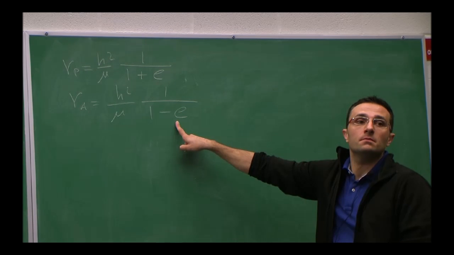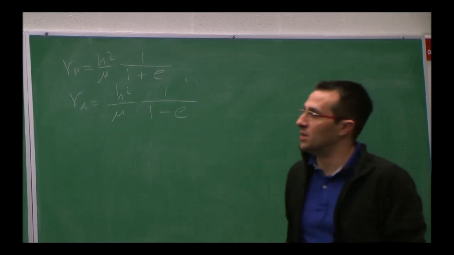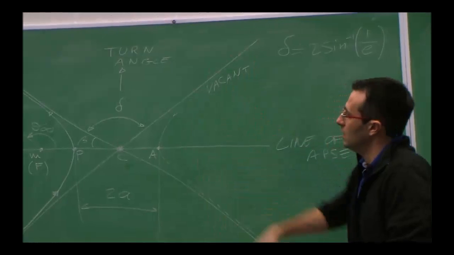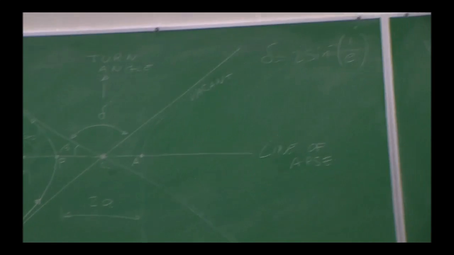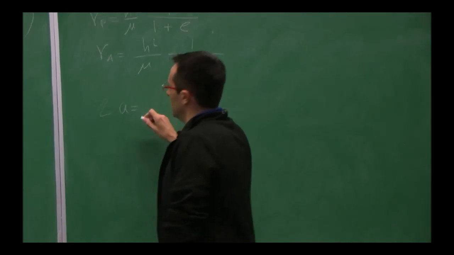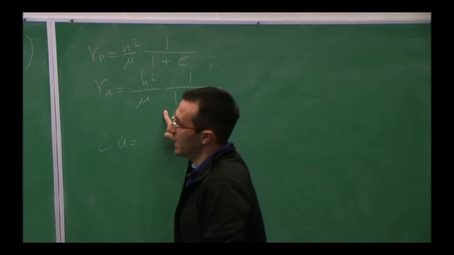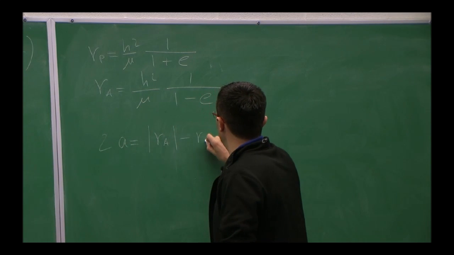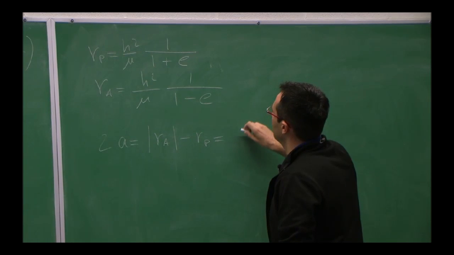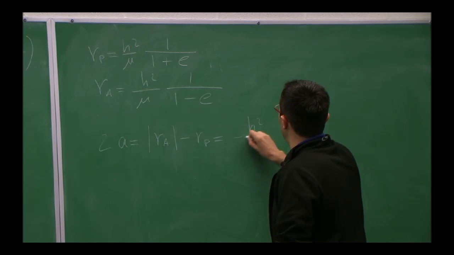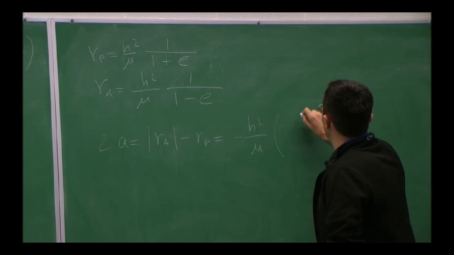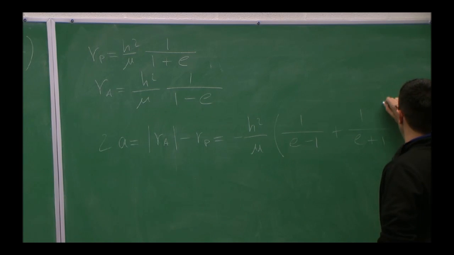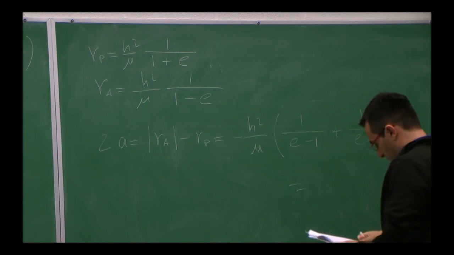This is negative, right? And that's okay. This is what happens because you basically get negative values from that expression because here there is really nothing physical. So we accept it this way, and we'll just say that 2a, since I know that it is RA somehow involved, I just put the norm of it, RA minus RP, and so I get, what do I get? Minus h squared over mu, 1 over e minus 1 plus 1 over e plus 1, and in the end I get,